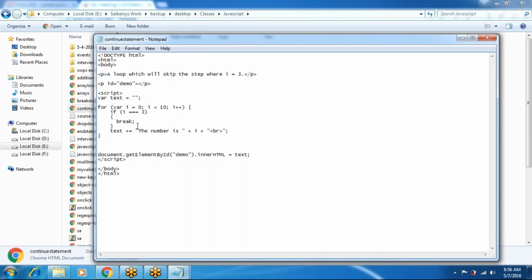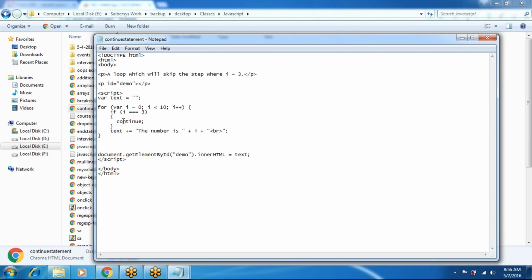So this condition goes here, not here. From here it continues to the next statement. If the i value is 3, the continue statement goes to here, again not here.